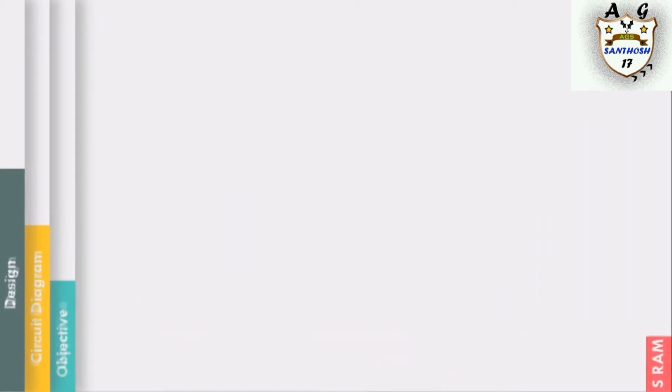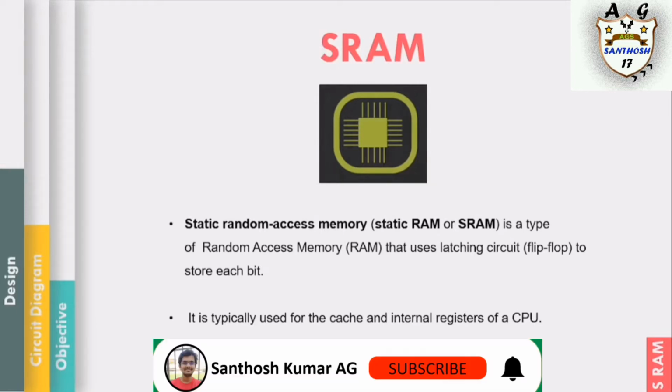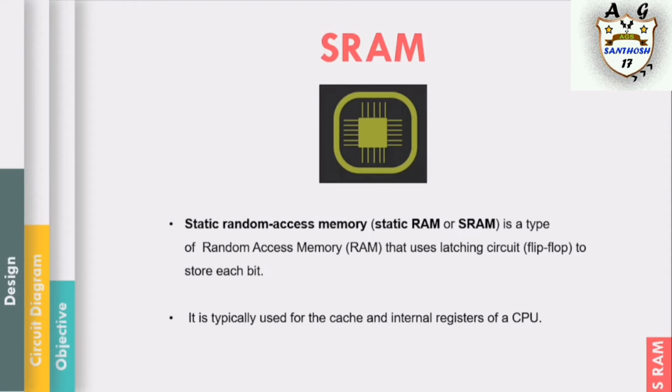Static random access memory is a type of RAM that uses flip-flops to store each bit. It is a volatile memory, that is, data is lost when the power is removed. SRAM is faster than dynamic random access memory, but it is less dense and more expensive than DRAM. SRAM is used in embedded systems, personal computers, hard disks, buffers, routers, etc. A typical SRAM cell is made up of 6 MOSFETs, that is 6 transistors.